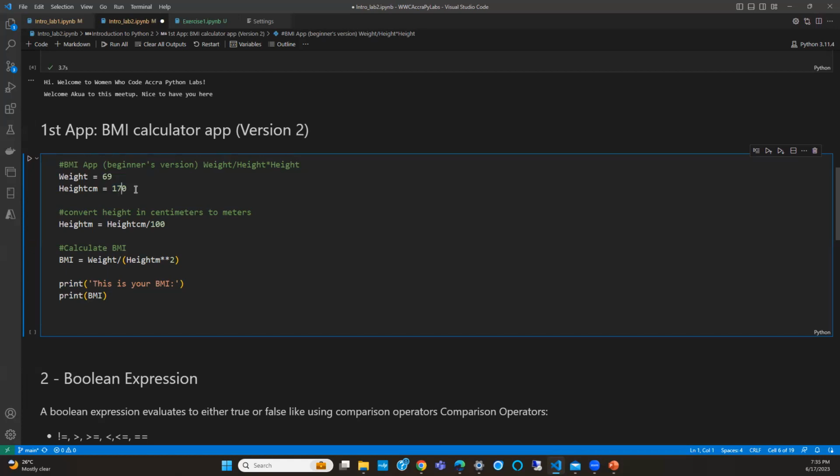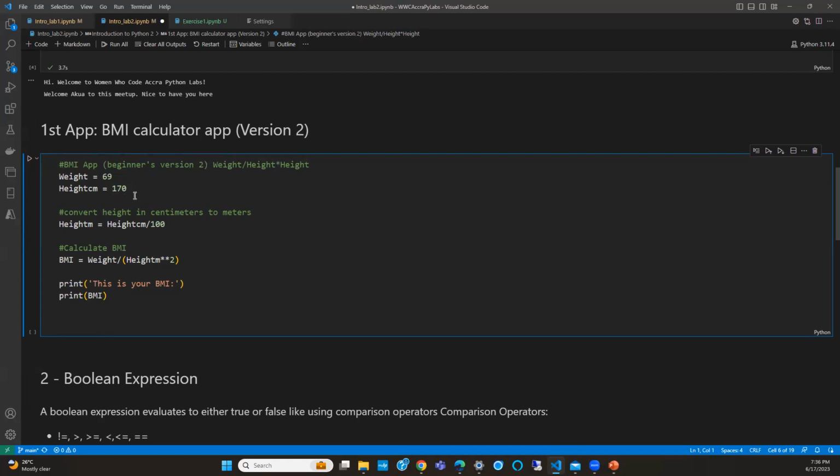But now we know input, so we can ask the user to enter their weight and their height in centimeters, calculate the BMI, and then display it to the user.